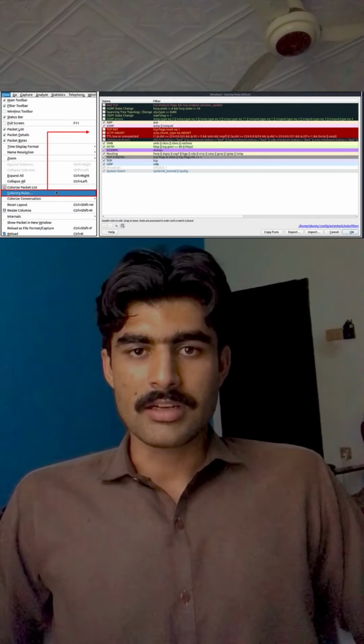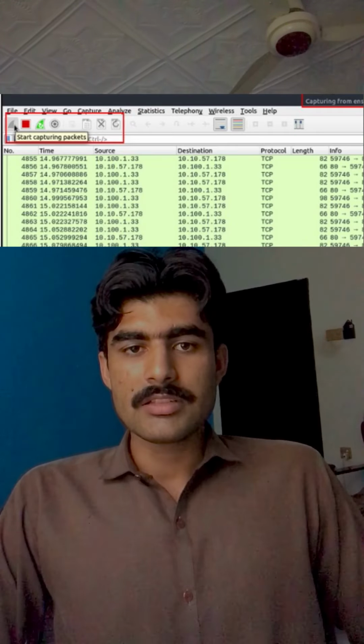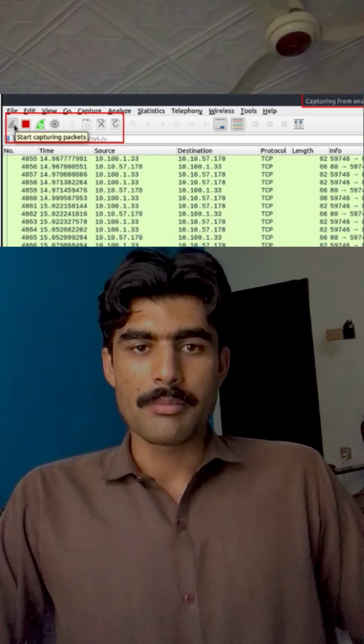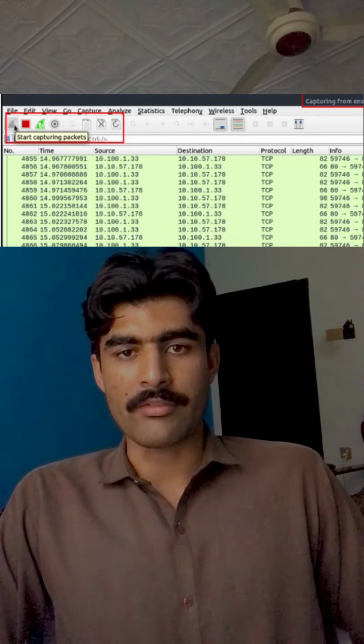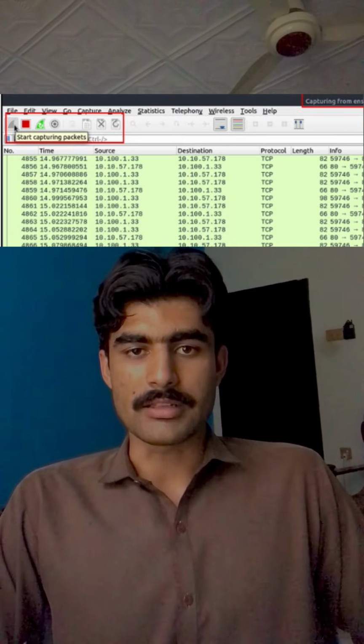Now there are a lot of things we can do with this PCAP file. We will discuss some of its useful functions. First one is coloring packets. You can see on the screen how to color a packet. Then you can see a shark button on Wireshark, which is the button to start sniffing the traffic. You can also stop the traffic with the button beside the shark button. Moreover, you can merge 2 PCAP files through Wireshark.